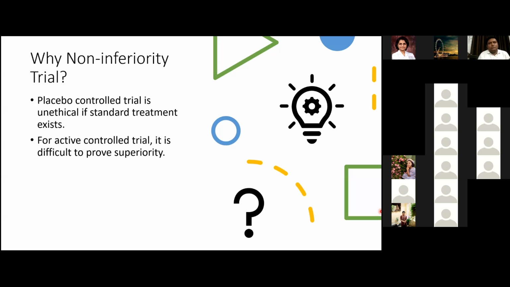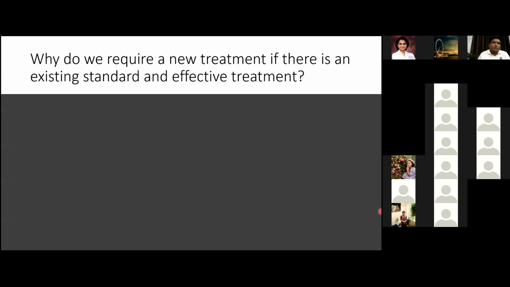Okay, now why a non-inferiority trial, and why do we require a new treatment when there is an already existing treatment? There are various reasons, and as a pharmacologist, you must be knowing all these reasons. I'll just list out the reasons. Like better safety. Might be the new treatment has a specific target, just targeting one specific receptor compared to the existing therapies, so that it has a better safety profile. Or let's say the newer therapy can be administered orally,